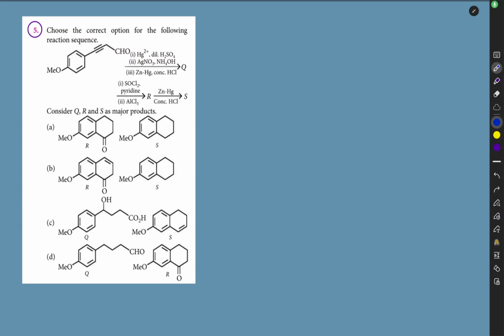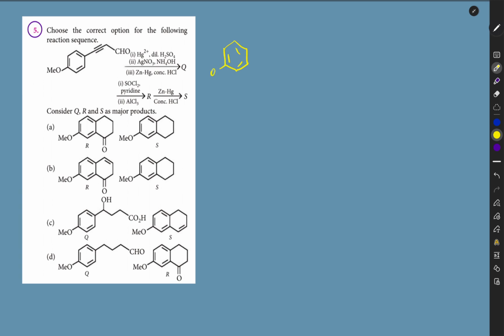A very interesting question from JEE Advanced previous year. Now, in this question, it's basically a sequence reaction. It involves a sequence of reactions, and we have to identify the given R and S products in this sequence reaction. Now, the given substrate is basically an aldehyde